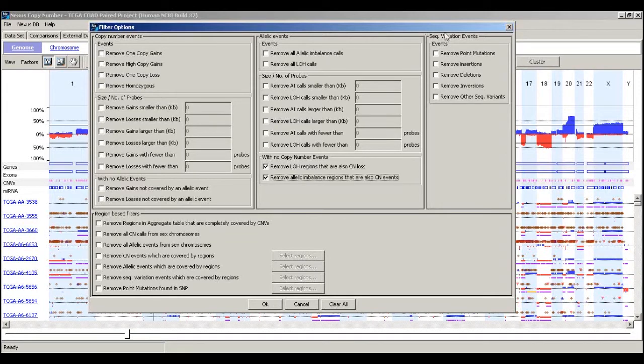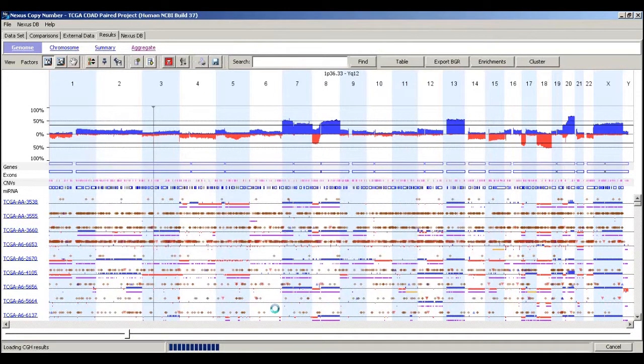We can also filter based on the sequence variation event. And finally, there's this area called region-based filters, and this includes removal of calls based on the sex chromosomes, or also based on your own customizable bed files, if there's a specific region that you want to either hide or focus in on. Okay, so now that I've applied those filters, it's going to apply that to my data